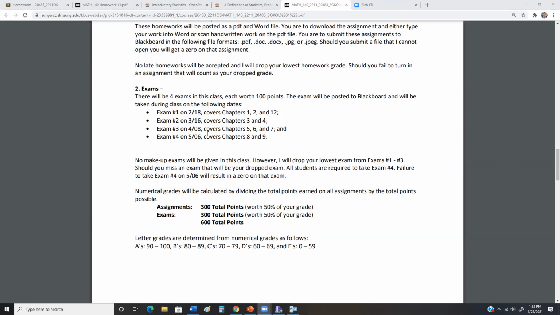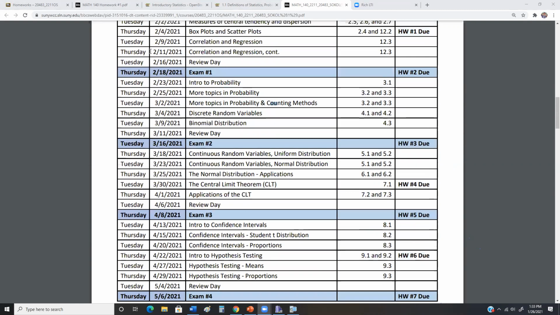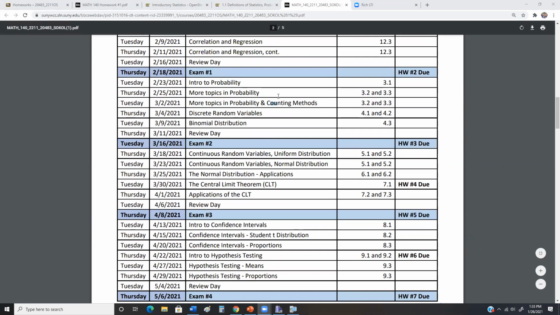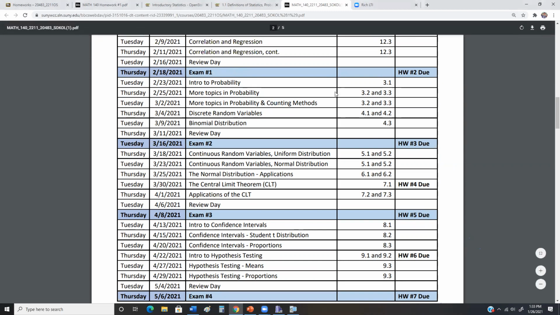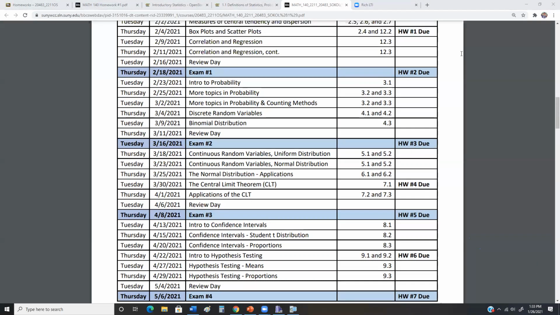Yep, I'll post practice exams, and also if you look back on the course outline schedule, I have a review day built in before every exam. They're not all multiple choice. What'll happen is they're going to be a mix between multiple choice and numerical calculations. Like maybe one question will be, what is the mean or average of this data set? And then you'll have to put in the average.